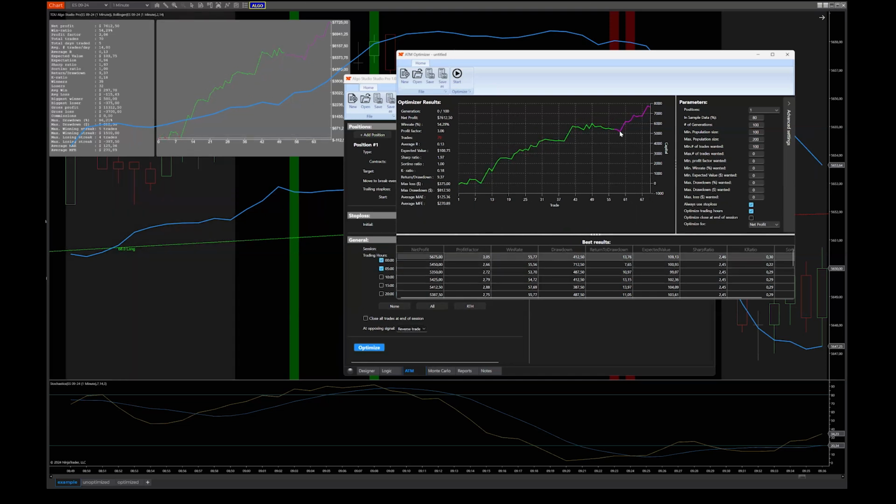And you will also notice this green and this purple line. The green line is the data it used for optimizing. And the purple line is the walk forward test. So the purple line is basically the price data it never saw, and it was trading as if it was live. So this is for new data.